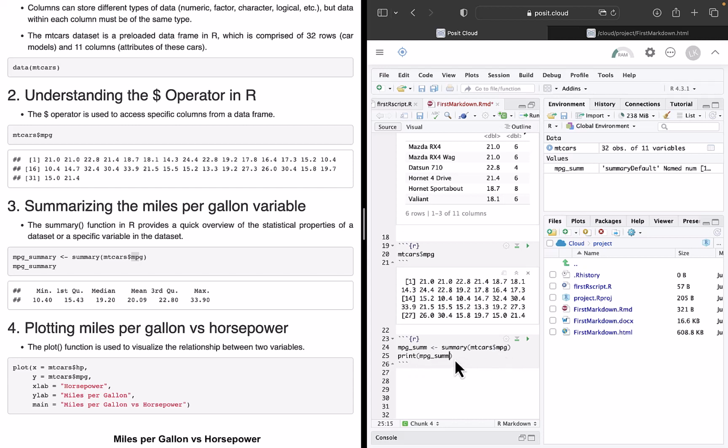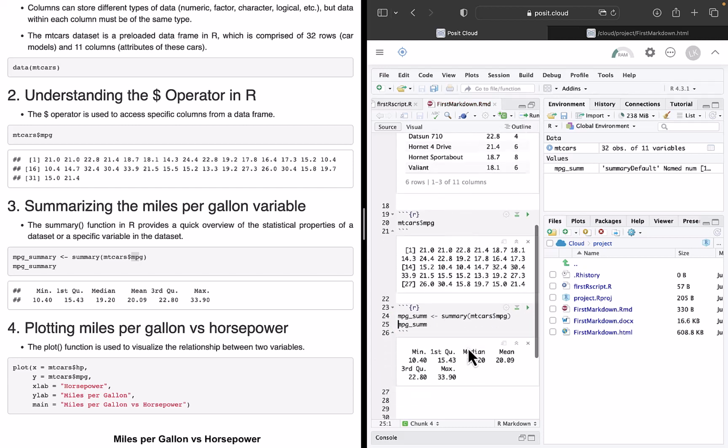But typing out print over and over again is annoying, so I'm just going to get rid of all of that and just type the variable again. And it will imply that I want it to print it out. And so if I do that, bing, I get,